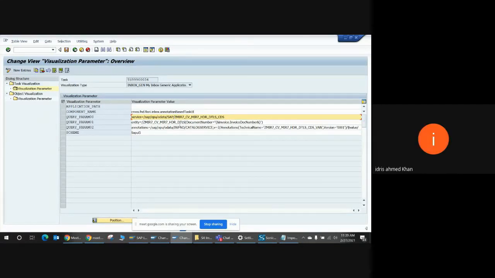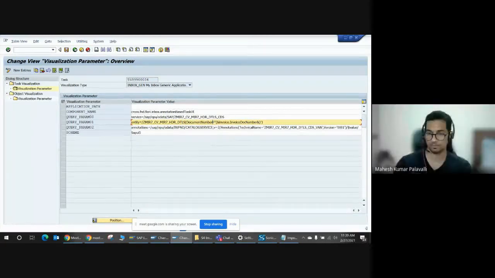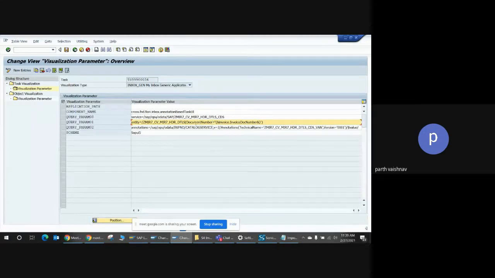And the key, the invoice number, is being passed here, because this CDS view has a key field called document number. Now at runtime, how this document number will be assigned and the data fetched from the CDS view is through the runtime workflow container. This is the element name which contains the value.